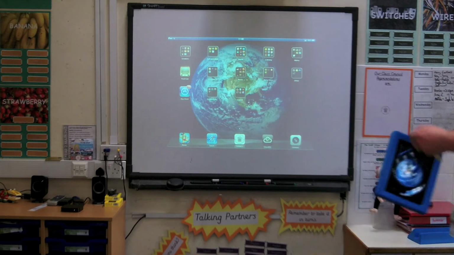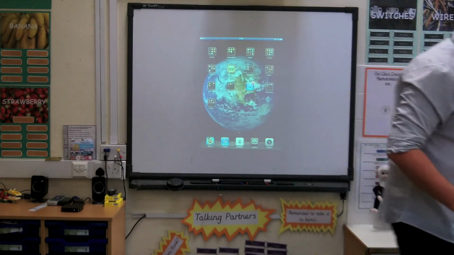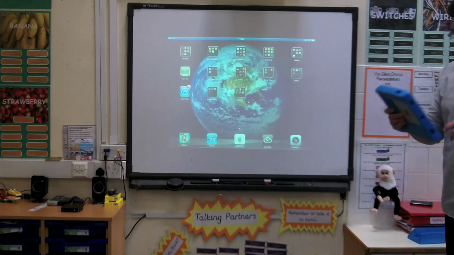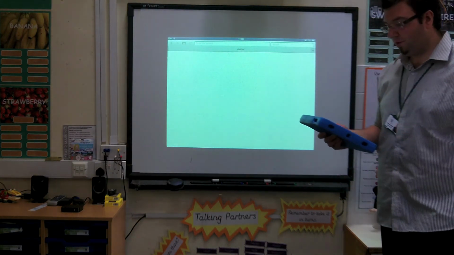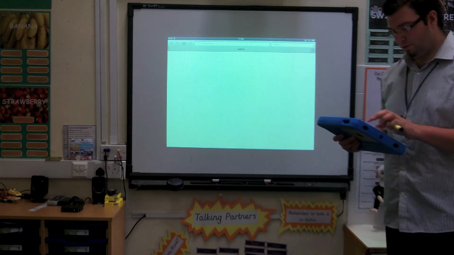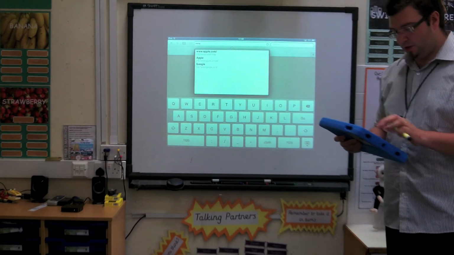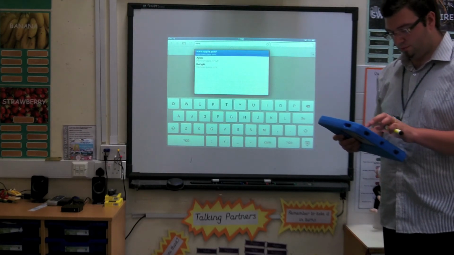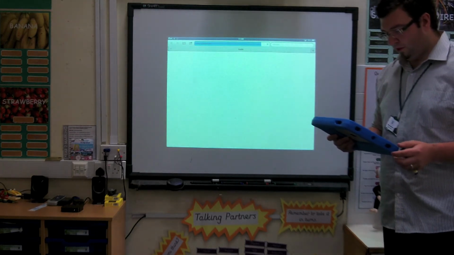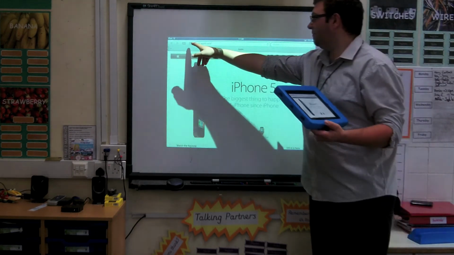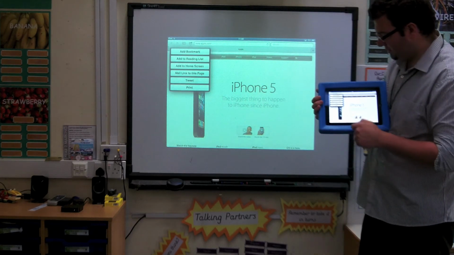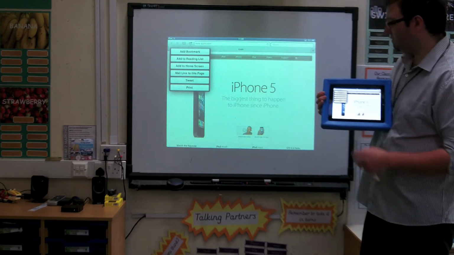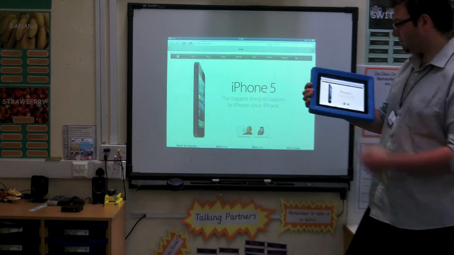The one thing I'll do before we go is just show you how to print. So when you're using anything, if you're using a website or doing some typing, and you want to print the website that you're on, if I go to www.apple.com as an example, you need to be looking for this icon up here. It's the same in all the applications that you want to print in. So you press this, you'll see that you've got different options. If I press print,